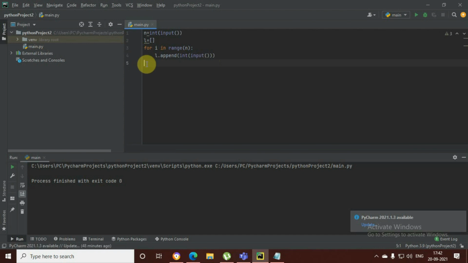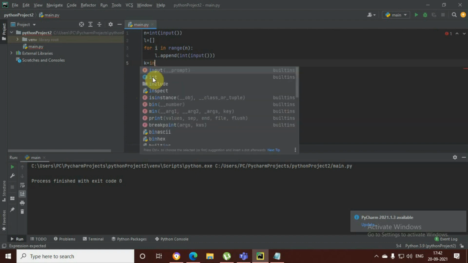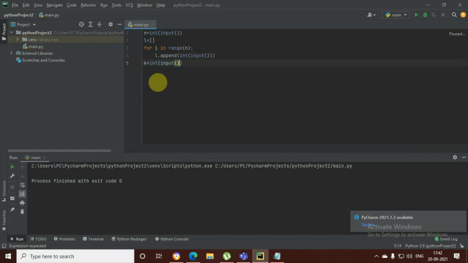Then we'll take another variable k, जिससे हम लोग array को rotate करेंगे. Okay, so array as input, int input.